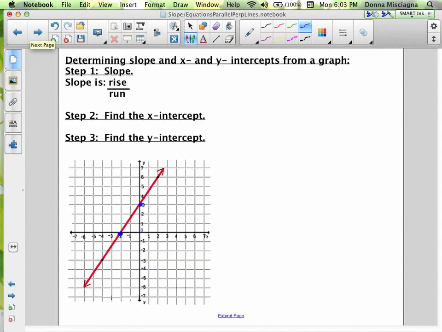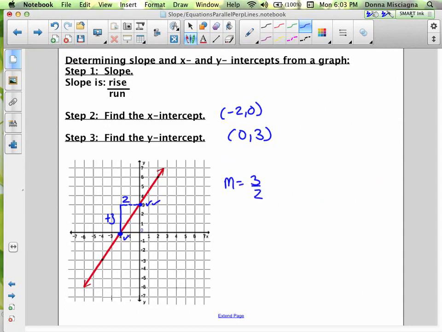My x-intercept is where we cross the x-axis, right there, and this point right there is our x-intercept, and that's the point -2, 0. Our y-intercept is where we cross the y-axis. It's right up here, and that's the point 0, 3. So I could use those 2 points in the slope formula, or I could just use my graph to count it. I read left to right, my line is going up 3, so that's going to be positive, and then it's going to the right 2. That means my slope